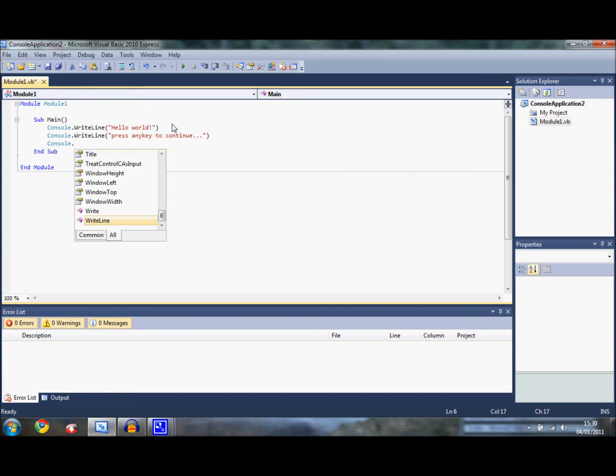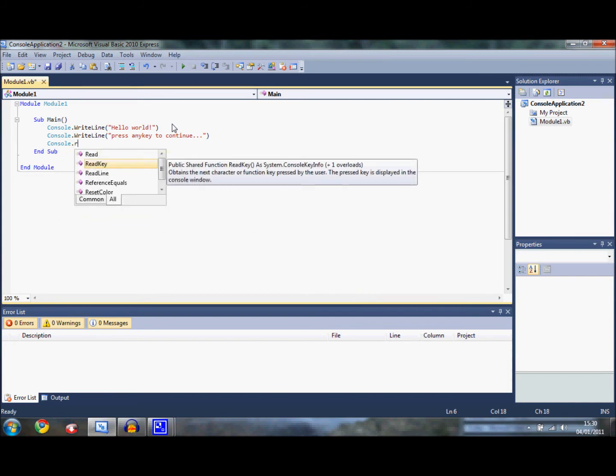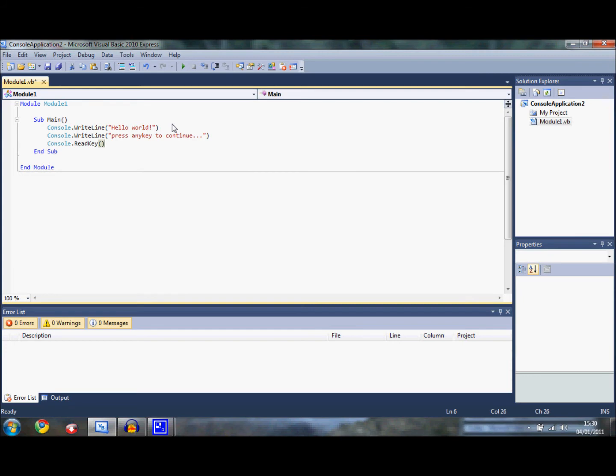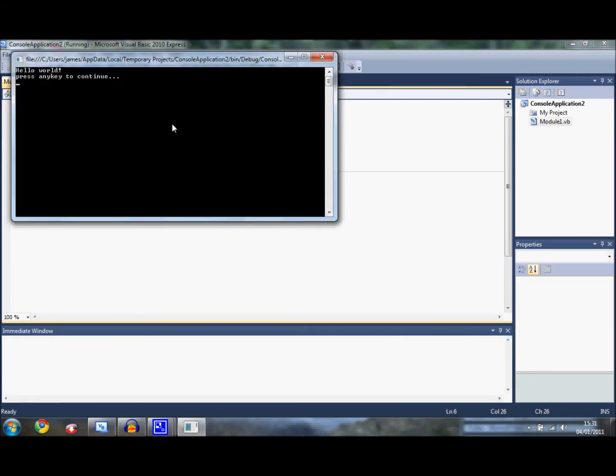Then console.readKey. Now it's important that you type in readKey, because now if we run the code we get